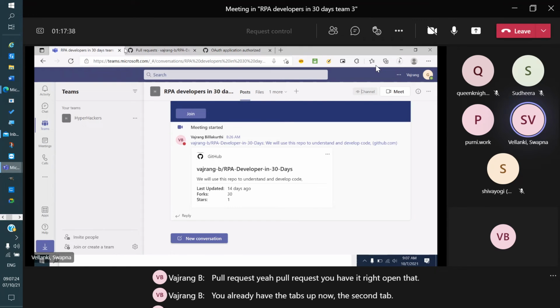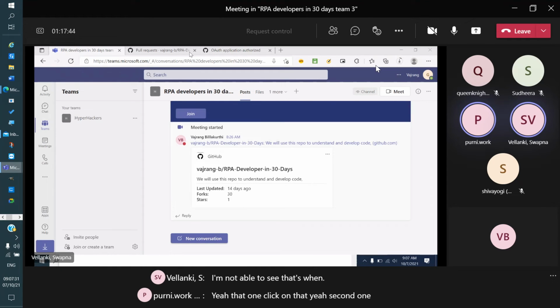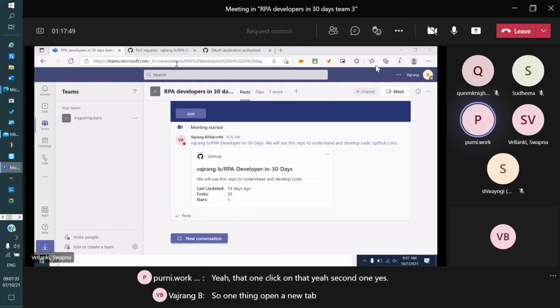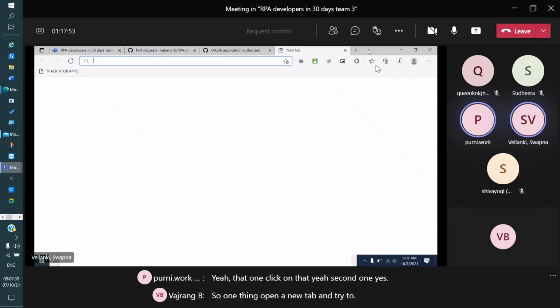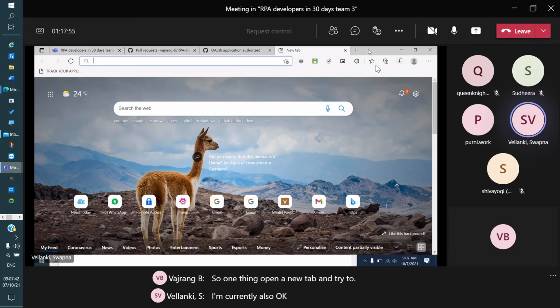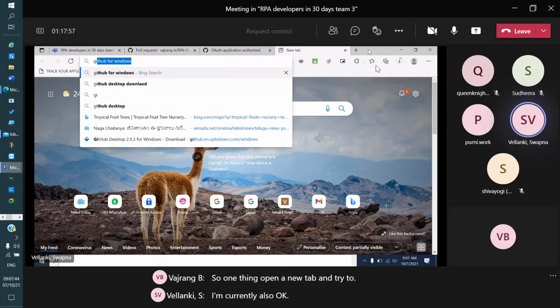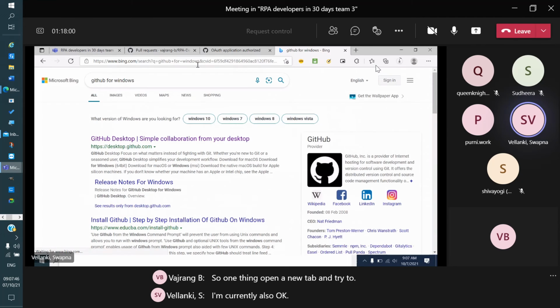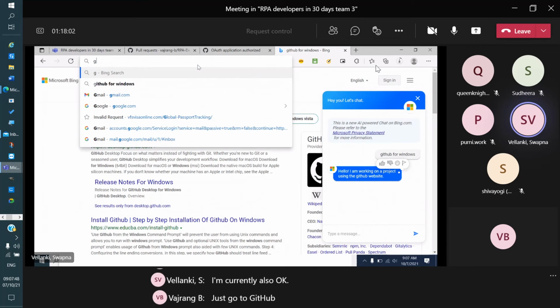I'm not able to see that screen. One second. Yeah, that one. Click on that, the second one. Yes. Do one thing. Open a new tab, Control T also. Just go to GitHub, not GitHub but desktop.